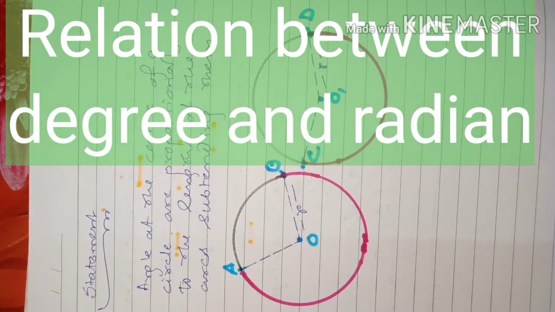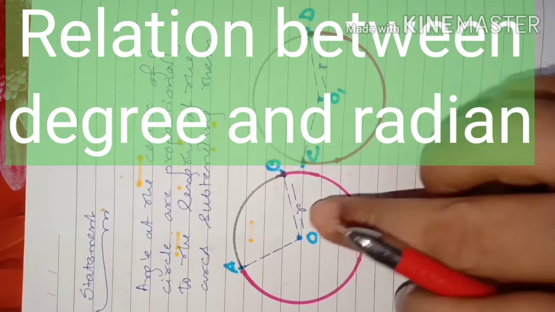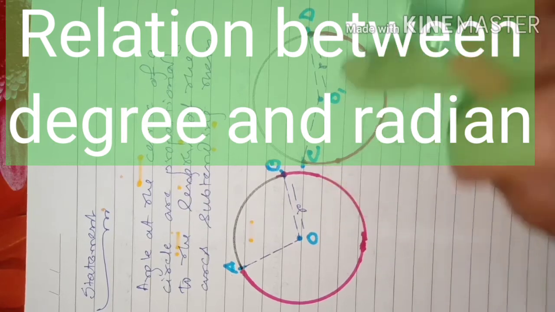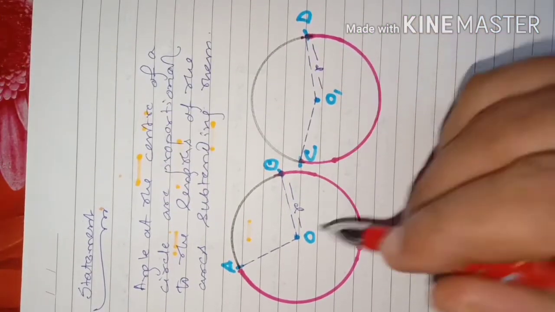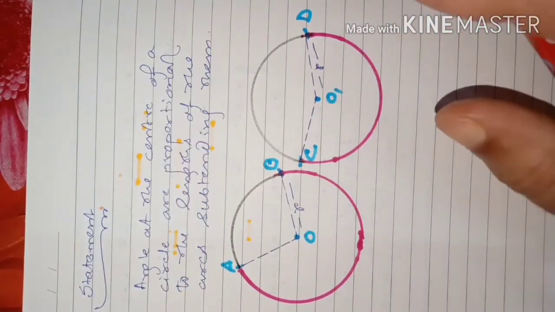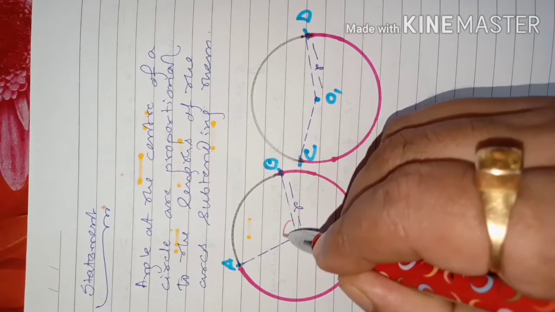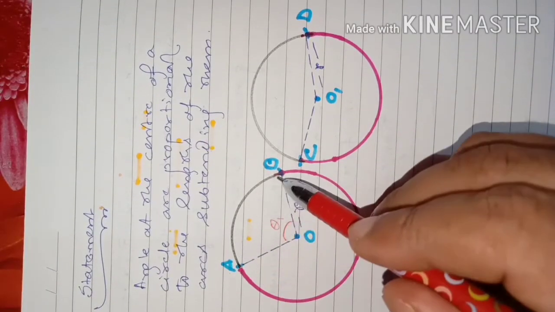Good morning, dear students. Here I have drawn two circles with the same radius. Radius is r here. For this circle also radius is r. I have drawn these two circles with the same radius. Radius length is same. Now this angle, suppose this angle is theta 1, which is subtended by arc AB, minor